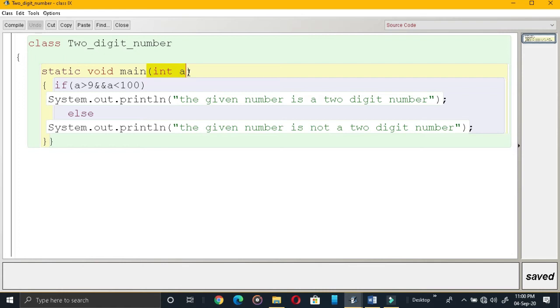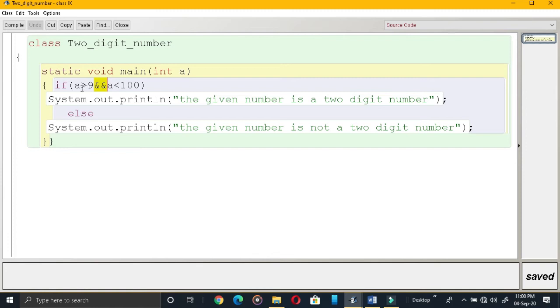So this is my number. Okay, suppose I am giving here 44. If A means 44 greater than 9. Yes, of course. And AND operator is used here. I am combining these two relational operators by a logical operator called AND.